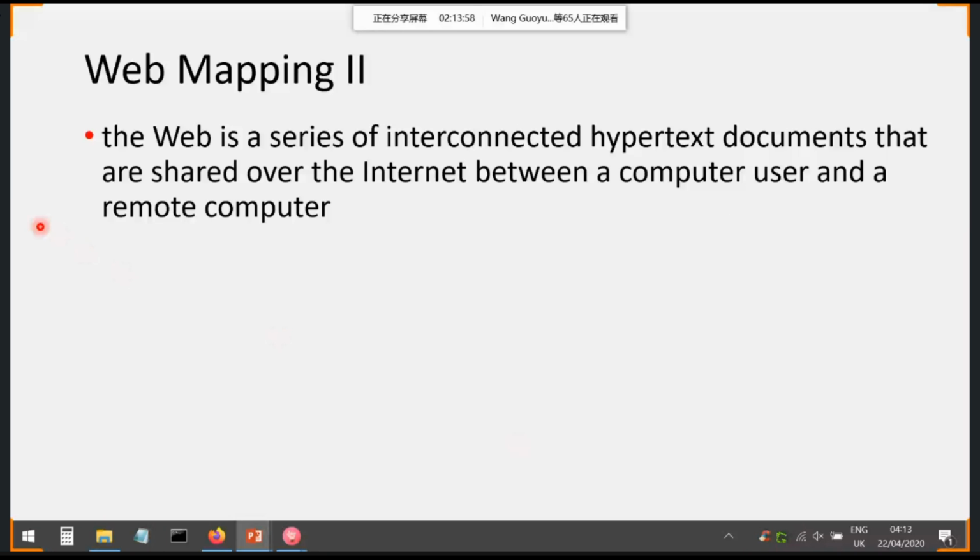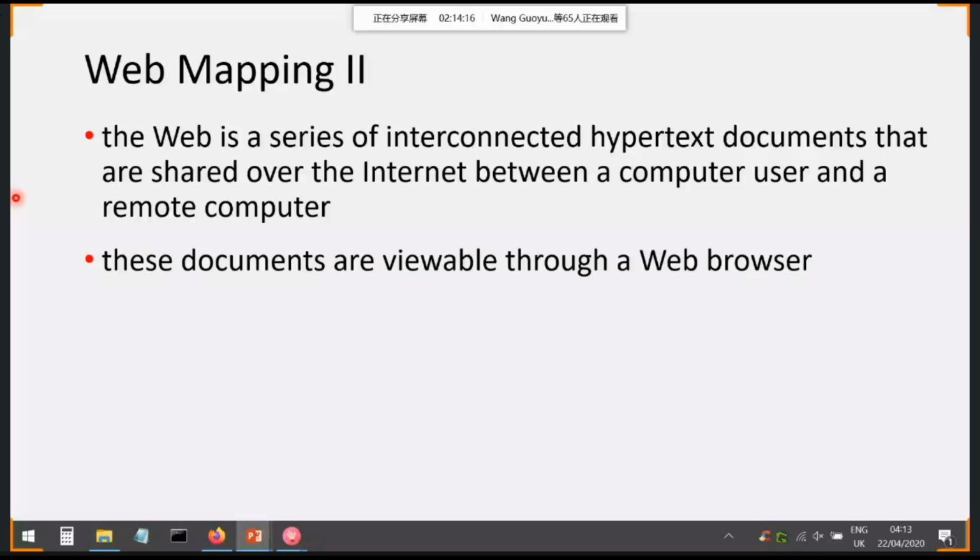The web is a series of interconnected hypertext documents that are shared over the internet between a computer user and a remote computer. So the web uses the internet. It is one application, let's say, of the internet. These documents are viewable through a web browser. In short,